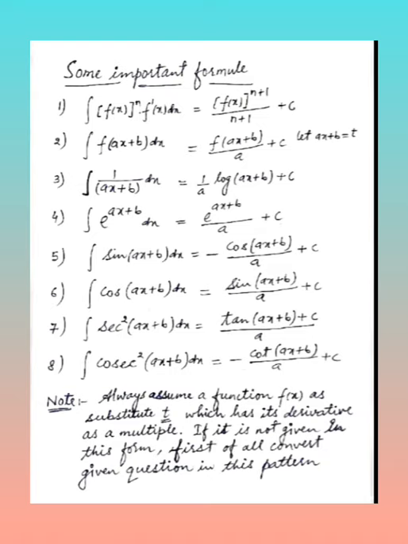Note, if there are two multiplied functions, we always assume a function f(x) as substitute t which has its derivative as a multiple. If it is not given in this form, first of all we convert the given question into this form. Now we take some